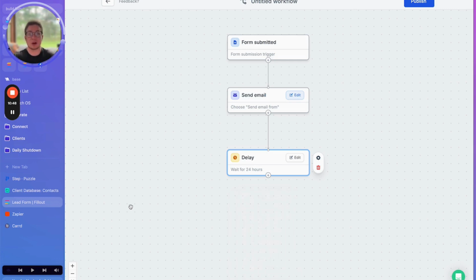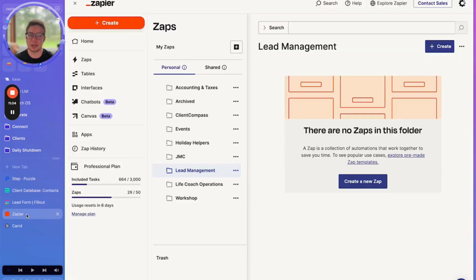But there are many coaches who do use email marketing apps, and as you grow, you will need to use an email marketing app. There's going to be a lot more functionality, a lot more analytics, things like that, better ways to segment your audience. And so if you are using an email app, so for example, I'm using MailerLite, you want to use something like Zapier to actually create that automation and get that lead onto your mailing list. So if I go ahead and create a new Zap here,